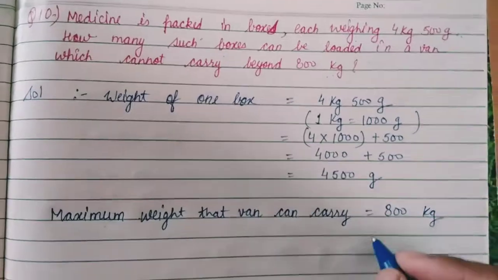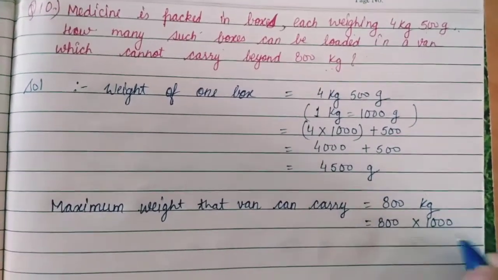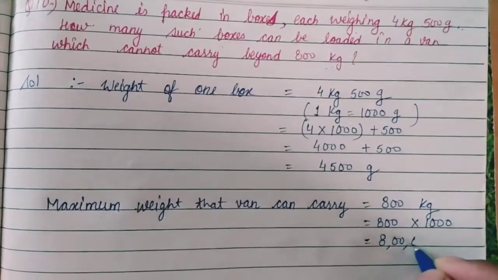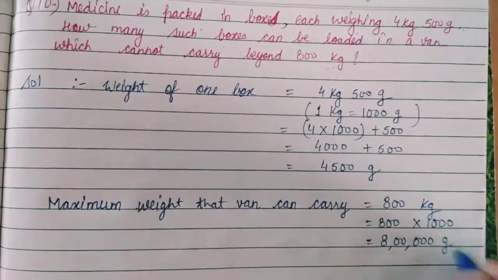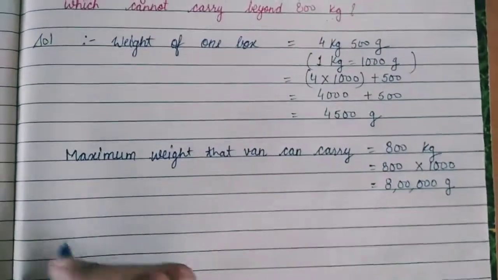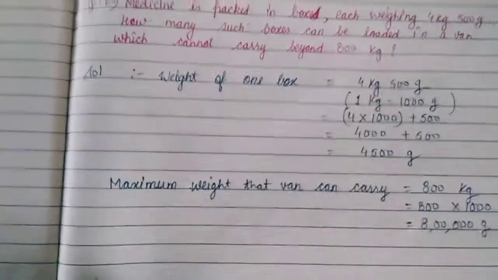So this 800 we will also convert into gram by multiplying by 1000, and we will get 8 lakh gram. Okay, now for getting the number of boxes that can be loaded in the van, we will divide